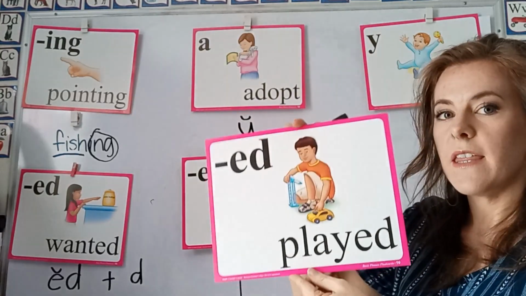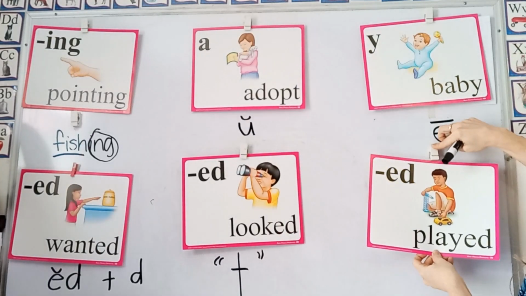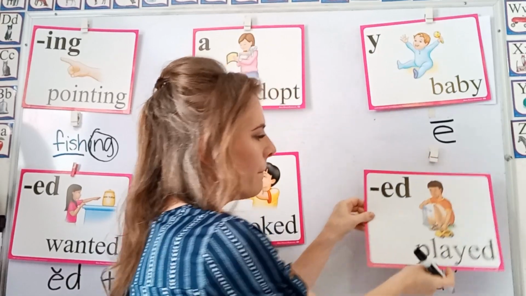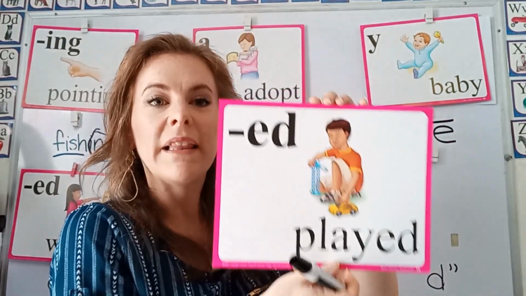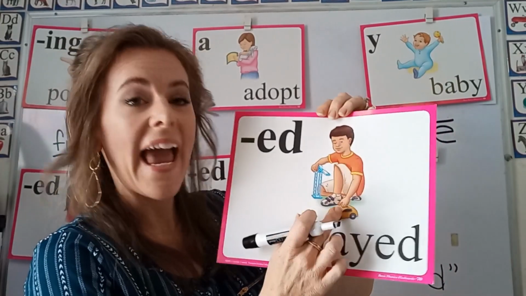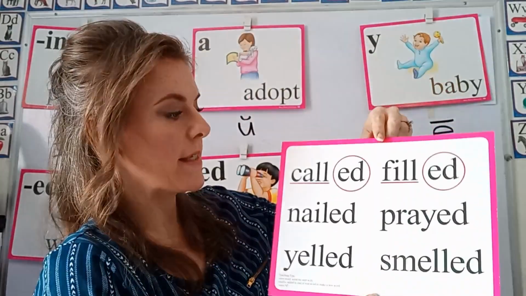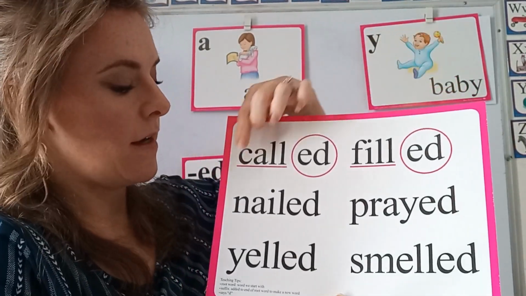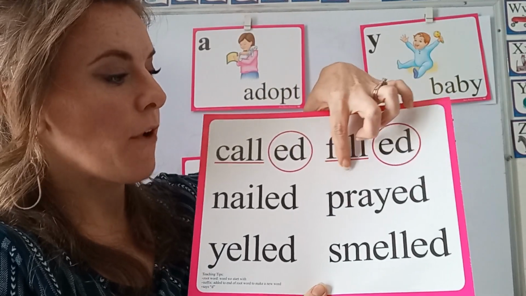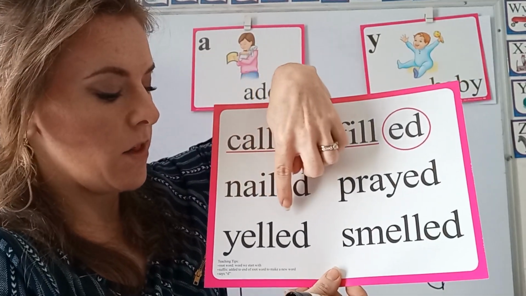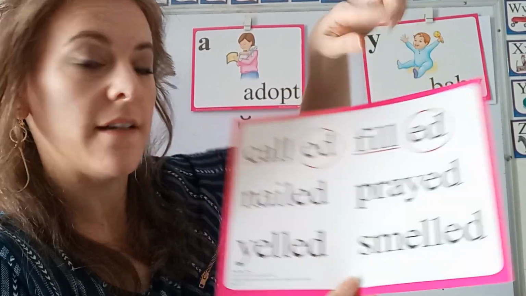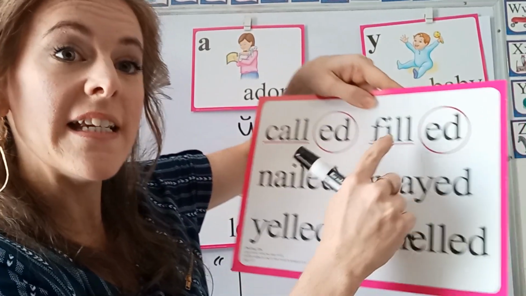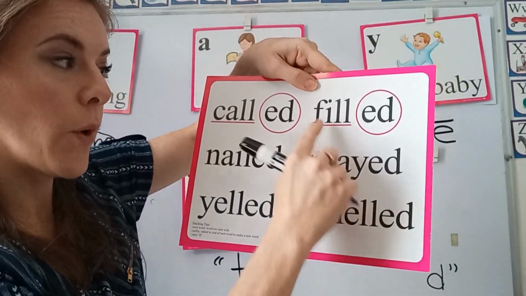And then we have this special sound, which makes a D sound. Played. I played with my toys. Called, filled, nailed, prayed, yelled, smelled. Now this is also a suffix, and it comes at the end of a root word to make